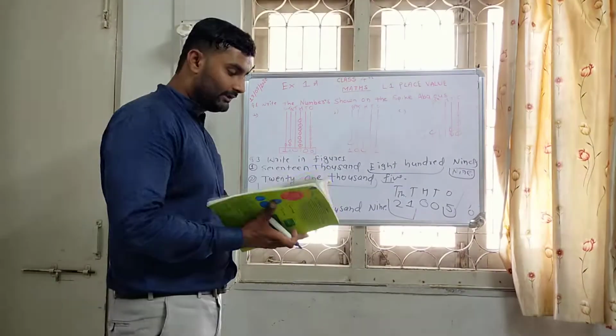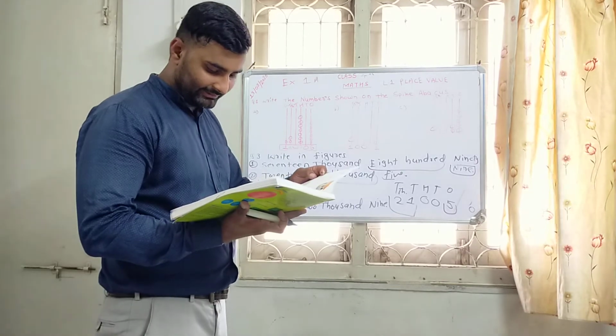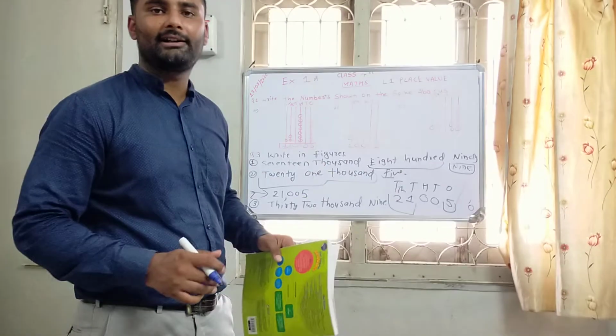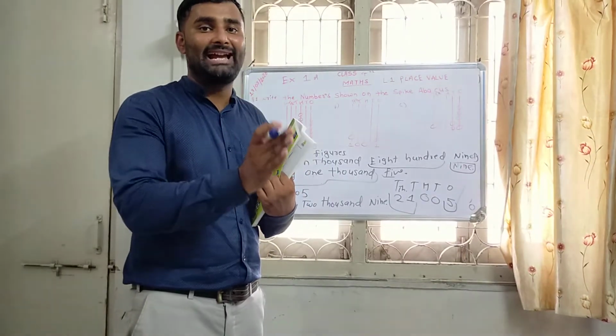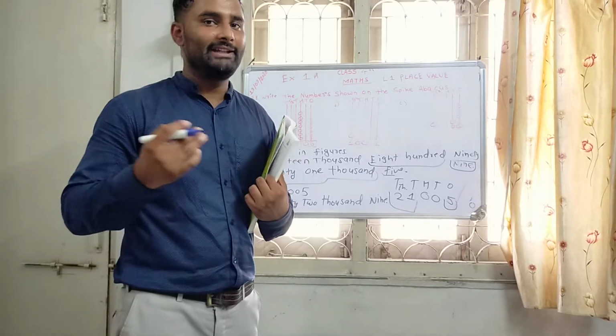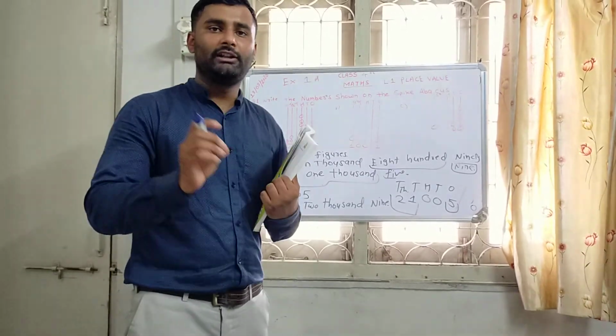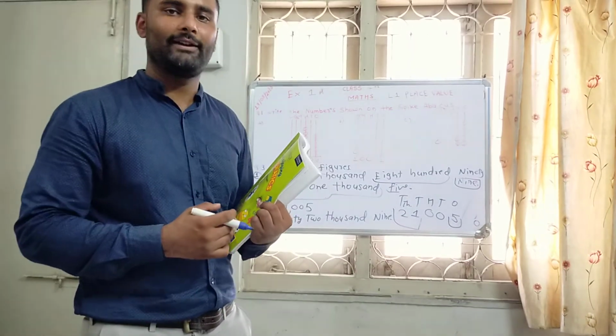Okay. So after that, our fourth question is based on the terms like ones, tens, hundreds, 10,000, thousands, that we did not study in the previous class. So in our next class, we will study that topic, and after that we are going to solve the next topic of the exercise. Thank you.